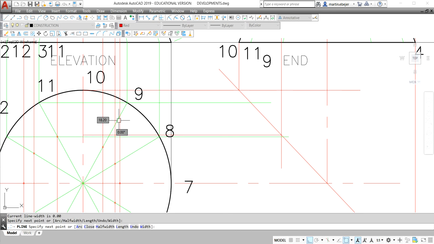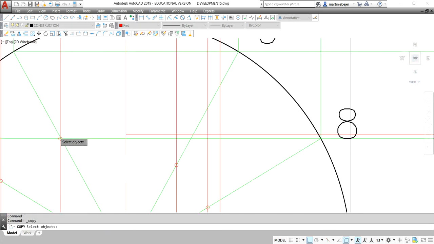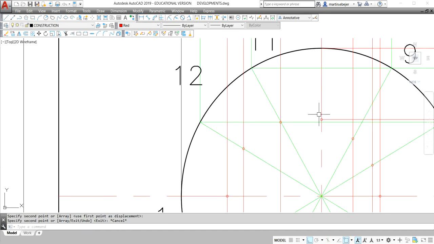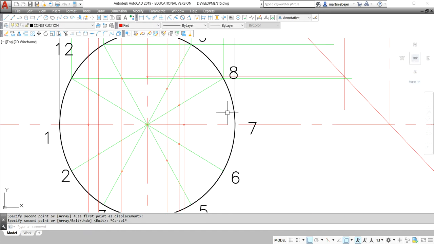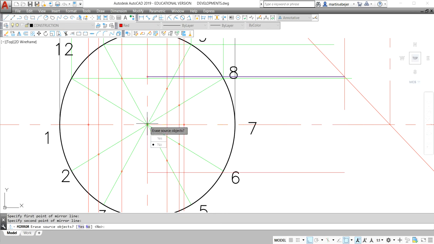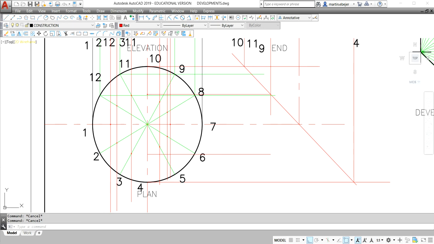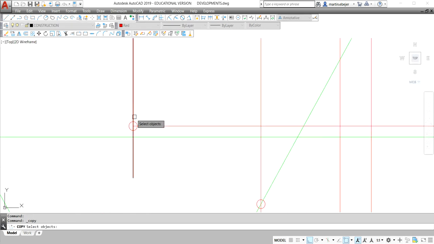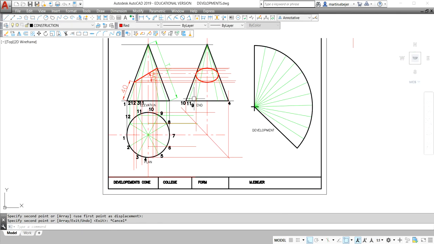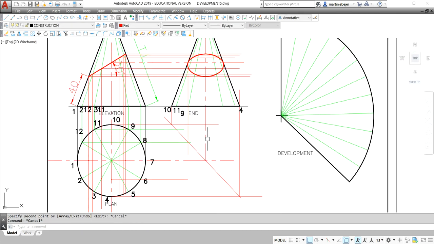And like that, you will obtain the missing point. Okay? Use the same principle. So here now we have the 12 points. Again using freehand